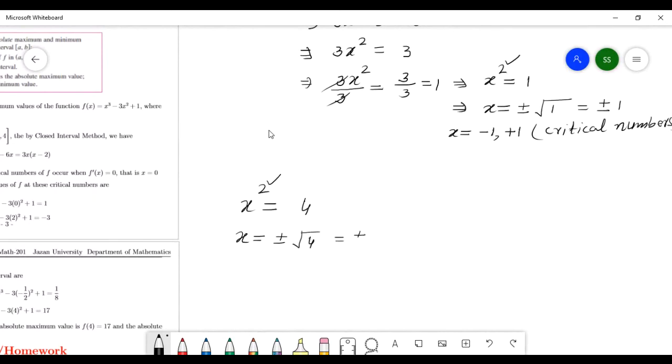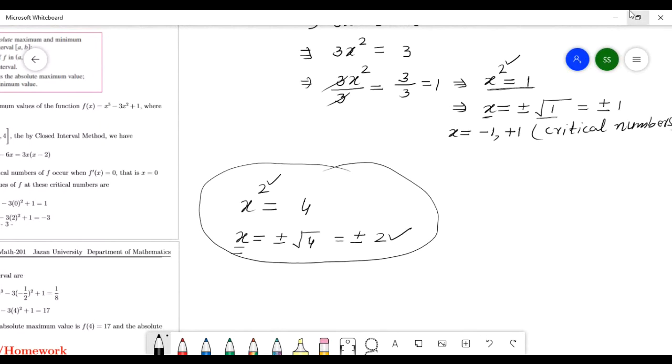This all comes to plus and minus 2. These 2 numbers, 1 plus and 1 minus 2, this way. x equal to this way. So remember this way. You have to solve. So here x² equal to plus 1, so you will take x equal to plus and minus the square root this way, right?